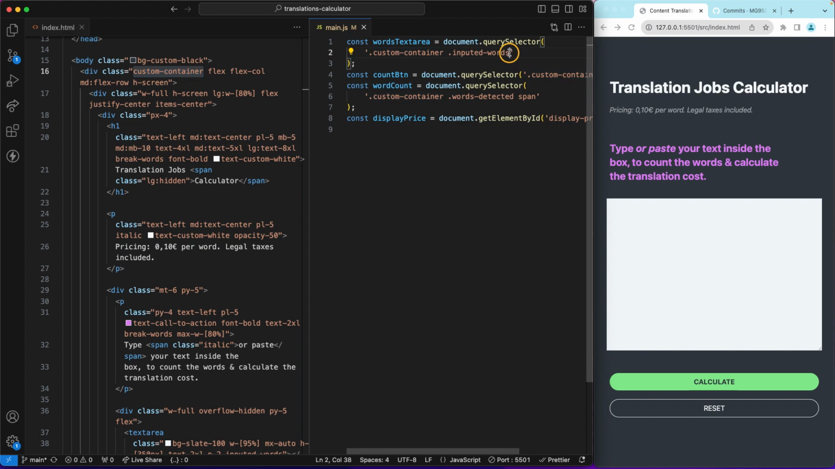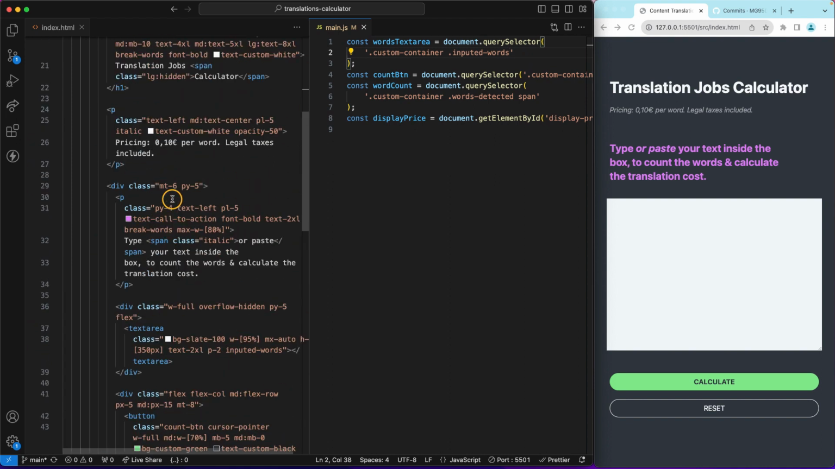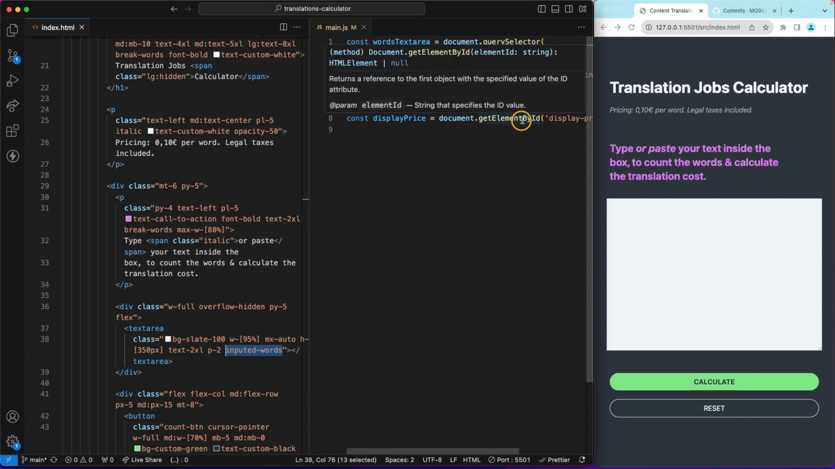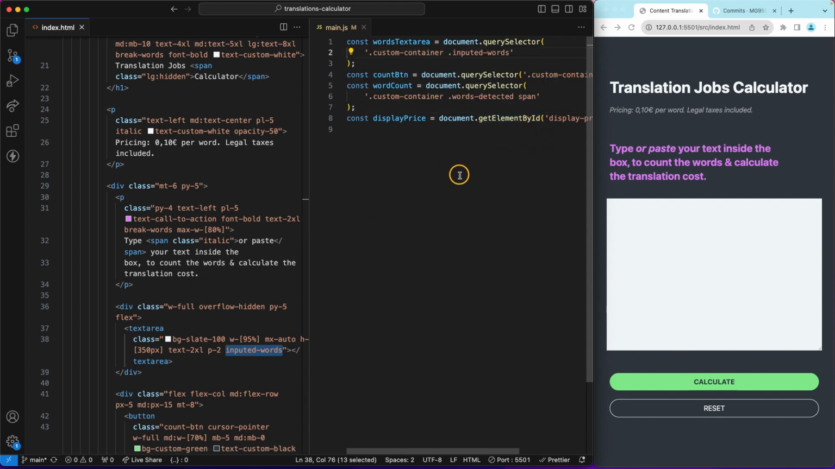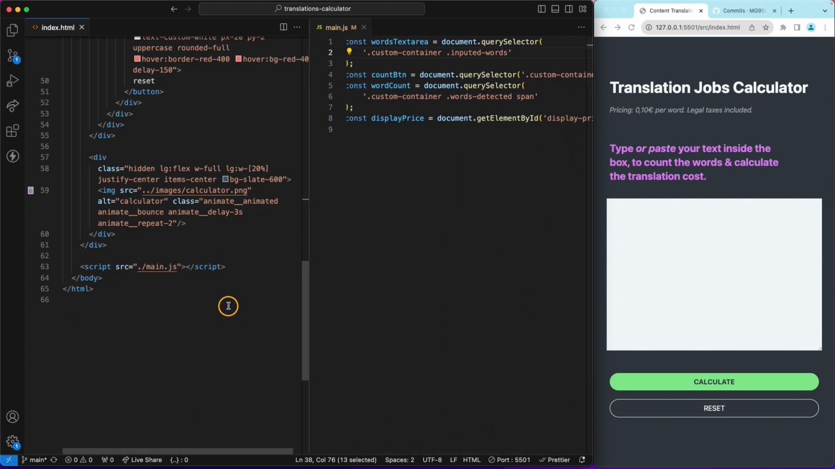We also added the inputted words to the text area. Where is text area? If I can find it, funny enough, there you go, text area, and we have this class, inputted words, and so on and so forth. So basically all of these classes that I'm grabbing inside my JavaScript file are actually coming from my markup, but I use these classes in this ID. In this case I use a different method. I use the ID to grab the display price, which is